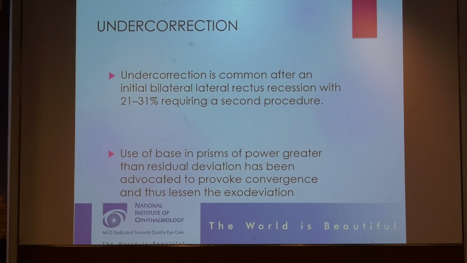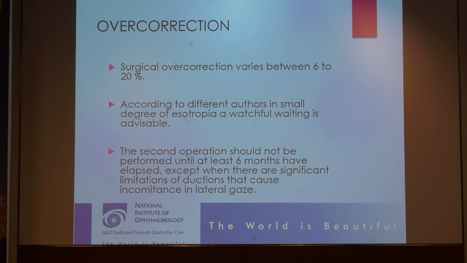The use of base-in prisms of power greater than the residual deviation has been advocated to provoke convergence, but I have no experience in that. For overcorrection, the surgical overcorrection can vary from 6 to 20%. Of course, you have to wait and watch, because immediate surgery or immediate intervention for overcorrections is not recommended. And the second operation, if at all, should be delayed for at least 6 months,